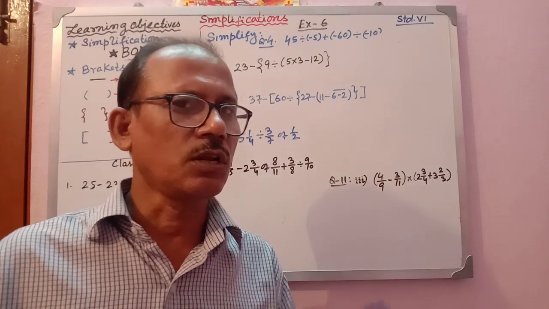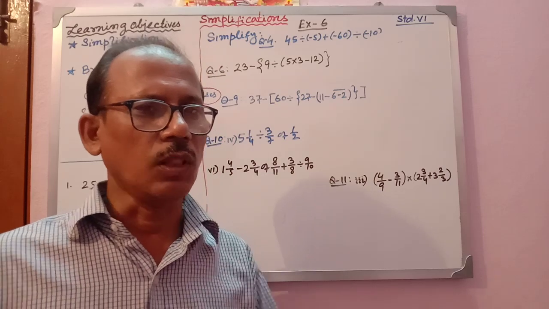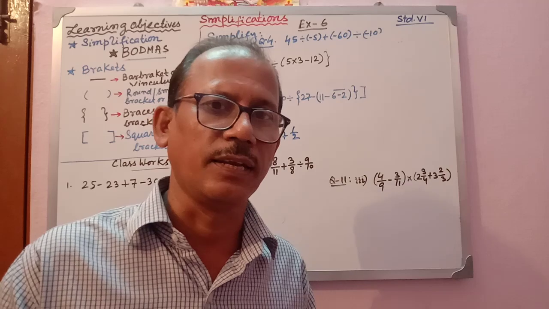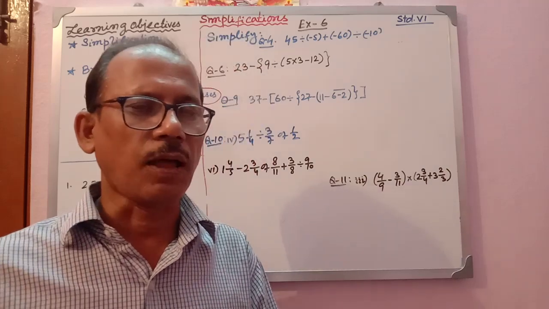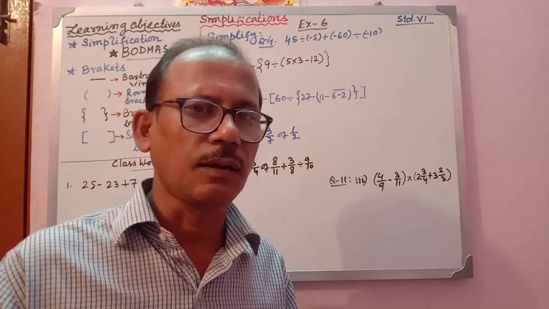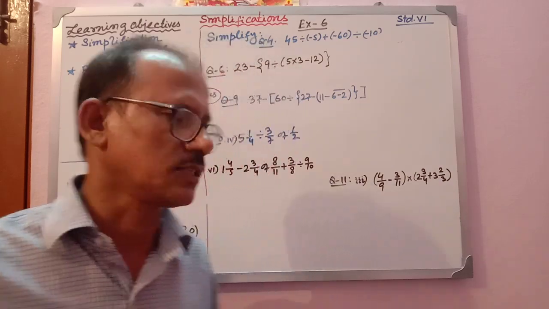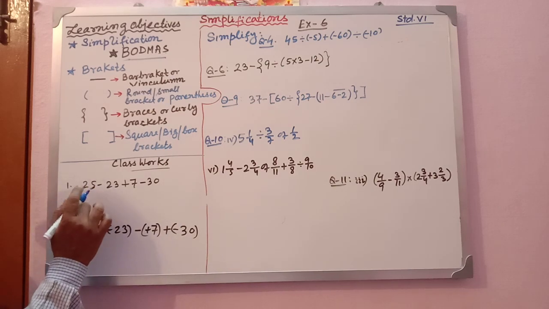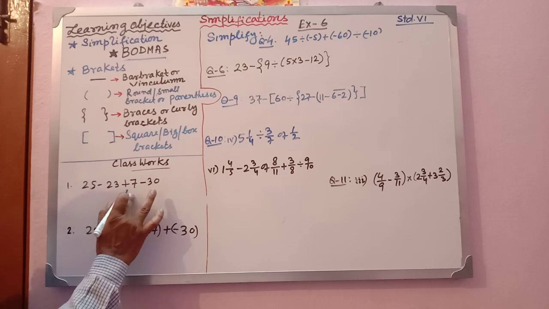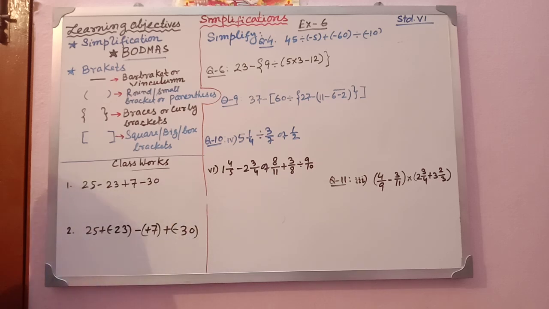Plus is a different category and minus is a different category. So all the minus together, if you want to do, then you have to add the numbers and the sign will be minus. And all the plus, once you make them together, you have to add all the numbers and the sum will come in plus. Here also the same: don't do this operation as 25 minus 3 is 22, plus 2, plus 7, plus 9, minus 30. That way, don't follow that, you are violating BODMAS. The answer will come correct only sometimes, sometimes it may be wrong.